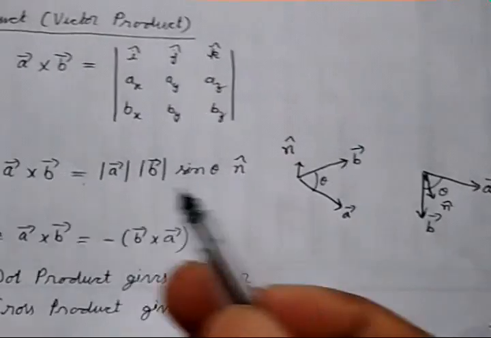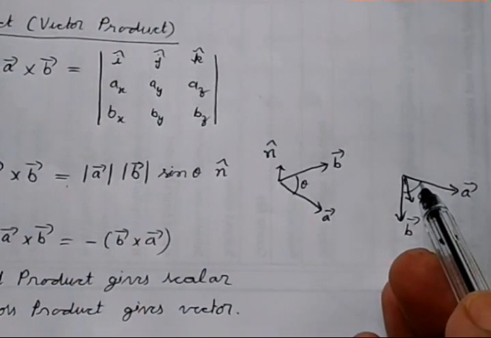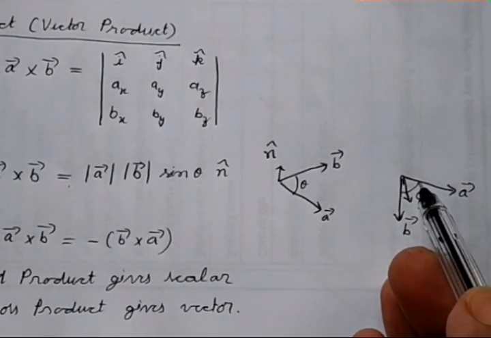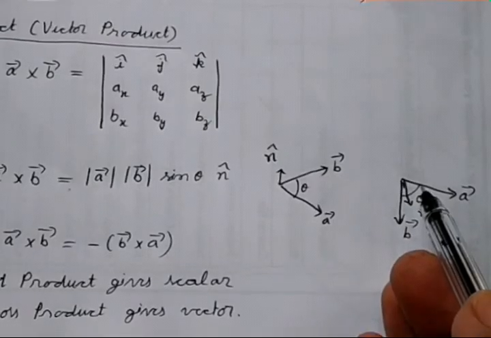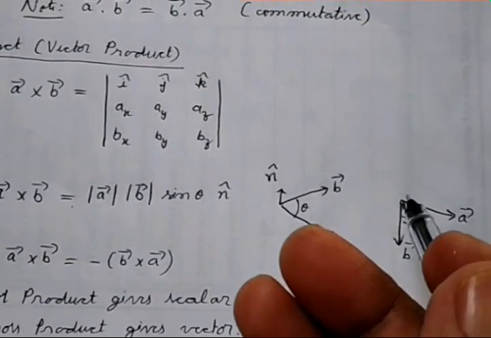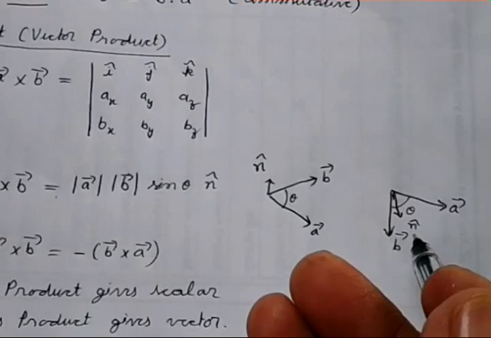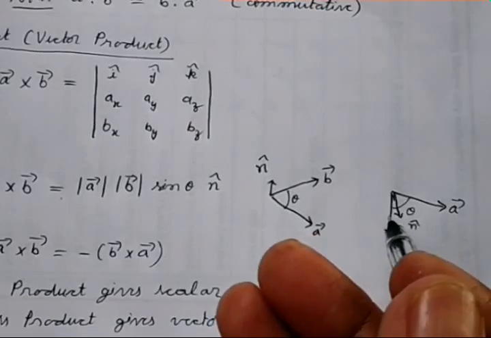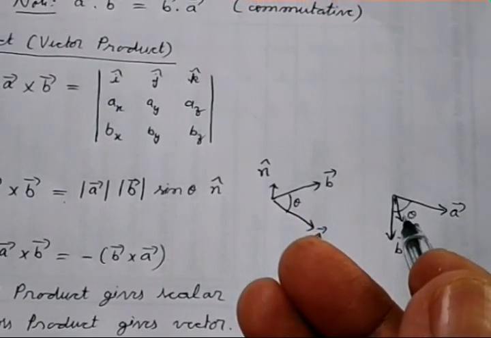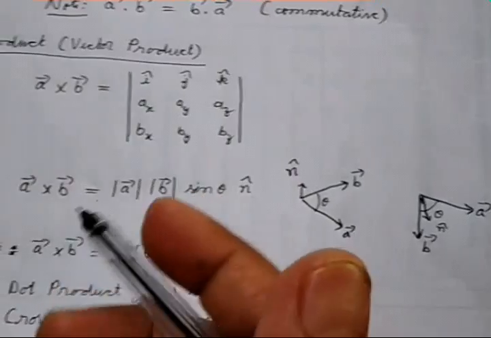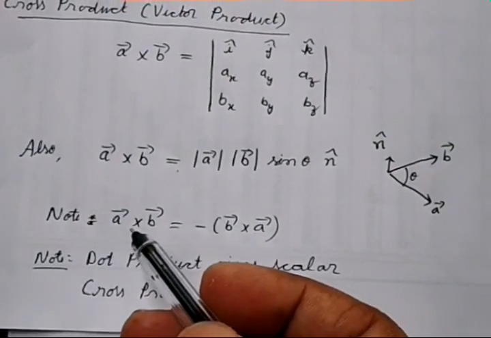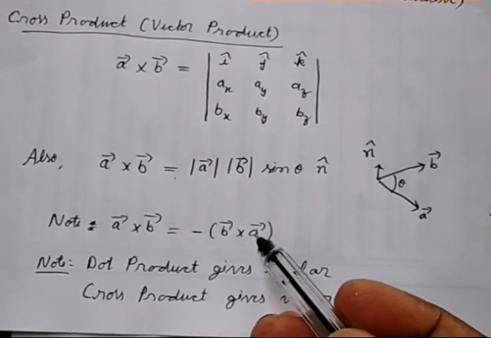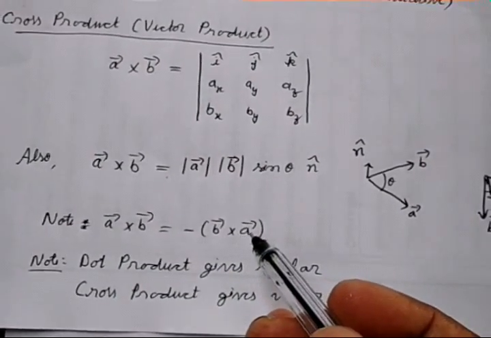Let me take the two vectors like this, A bar and B bar like this. Again if I do A bar cross B bar, now if you apply the right hand screw rule, the screw has to be moved from the vector A bar to B bar, then the screw would move in the downward direction. So the unit vector will also be pointing in the downward direction, or the result of the cross product will be pointing in the downward direction. So we can see therefore that A bar cross B bar is equal to negative of B bar cross A bar. That means it is not commutative in nature.